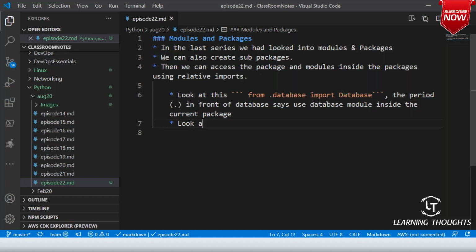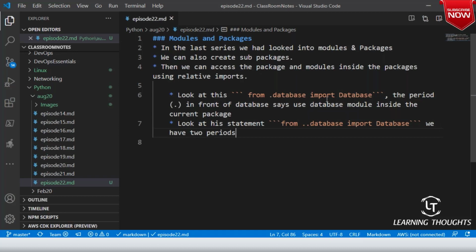So look at this statement. Here, what I am trying to do is from ..database import database. This I might be writing in a different Python file. We have two periods. Whenever we have two periods, what does that mean?